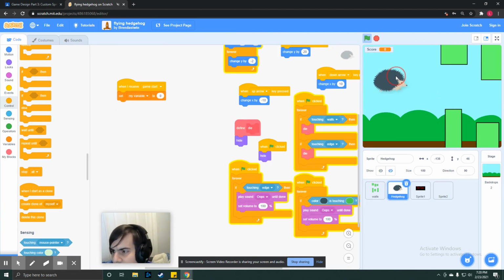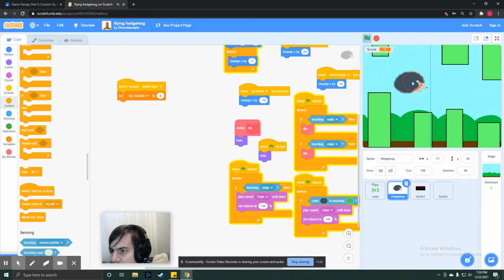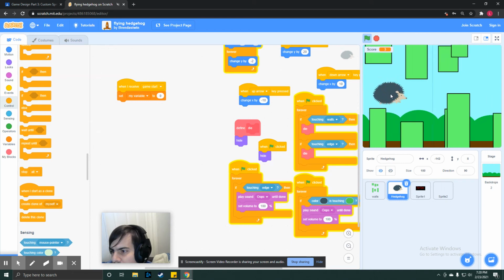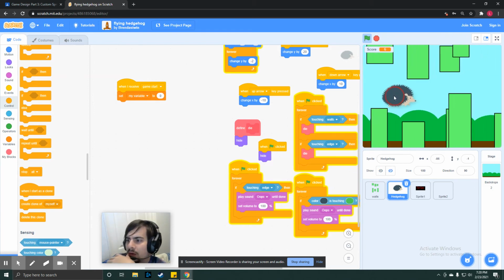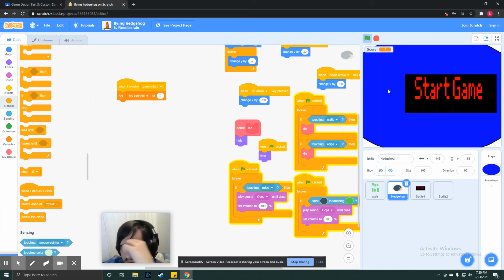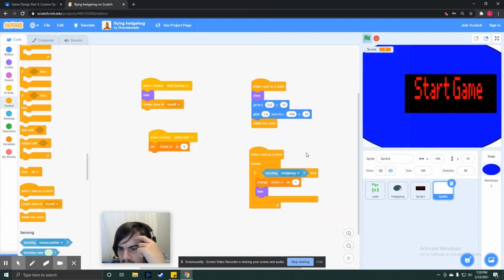Let's see. So what I did there is I made the walls move a little bit faster. Okay. So this is working now. If the walls delete before the next wall spawns, then it works. But why is that? When I start as clone,